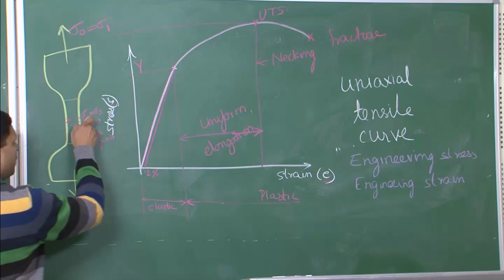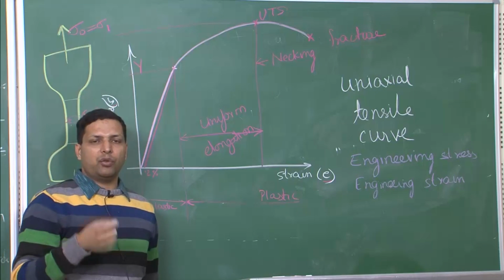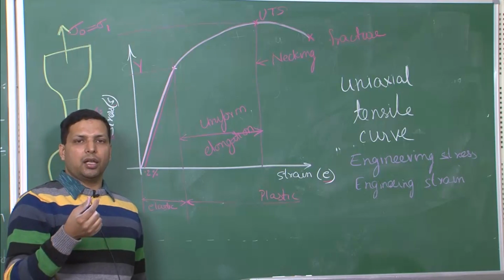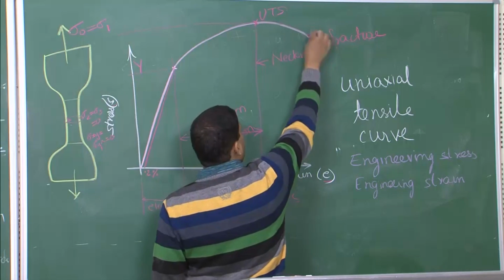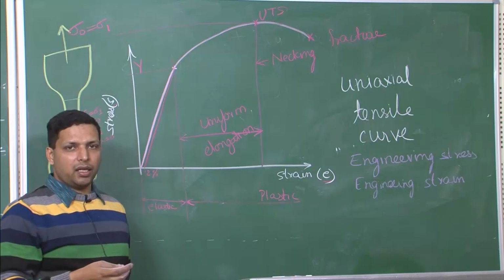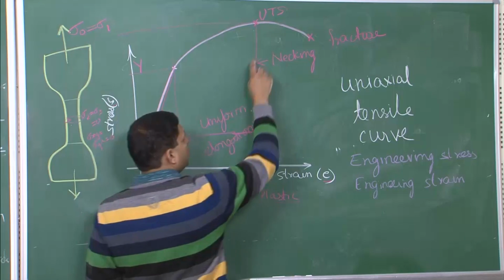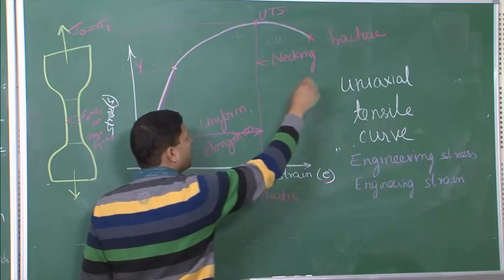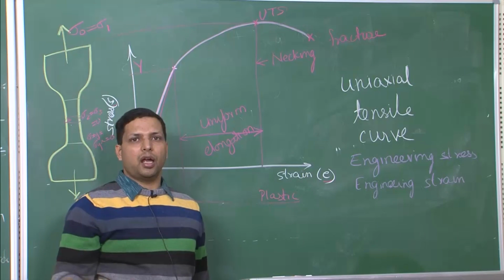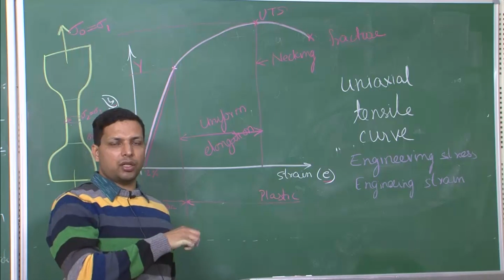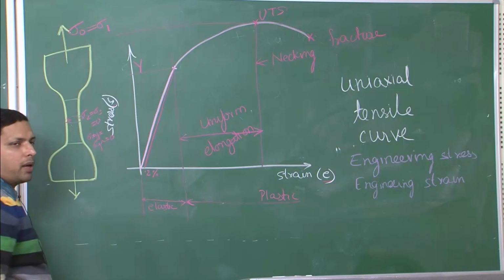So, although the force, the load, may be limited to a very small region, we are still looking at a very large area. Because of that the plot seems to be curving down, when in reality the required load is still increasing, and that is how you can look at the plot. If it is coming back down, you can say it has to be engineering stress strain, and a true stress strain plot will not come down, it will keep on increasing, because as long as you are applying load,